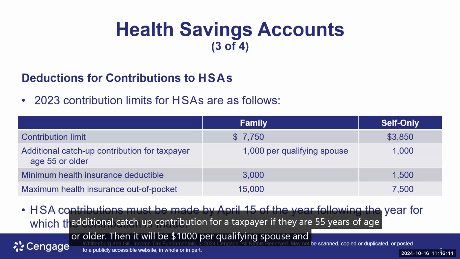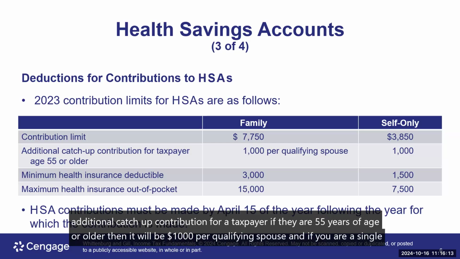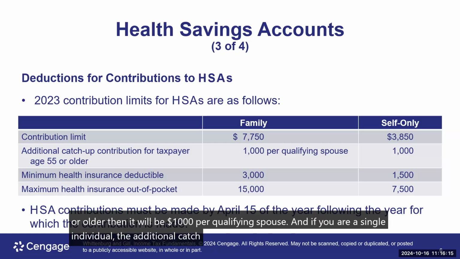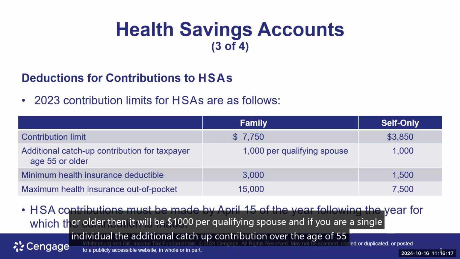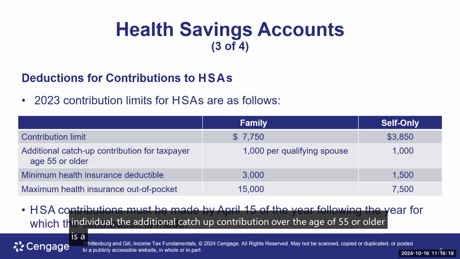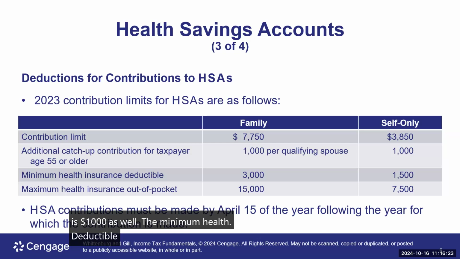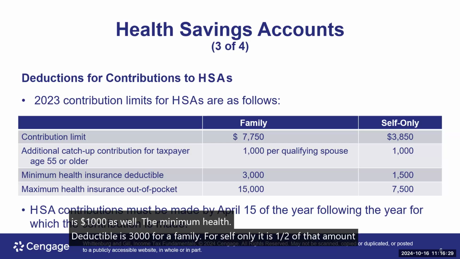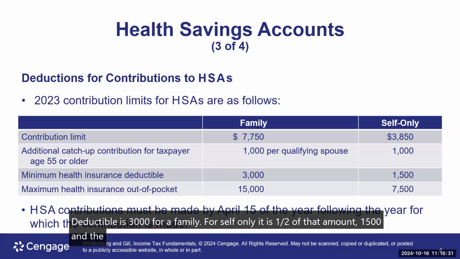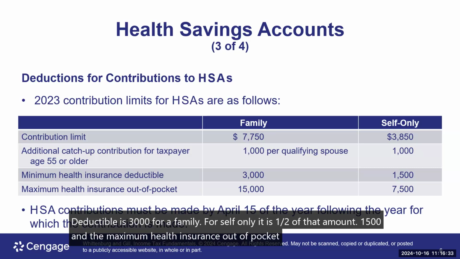And if you are a single individual, the additional catch up contribution at age 55 or older is $1,000 as well. The minimum health insurance deductible is $3,000 for a family. For self only, it is 1/2 of that amount, $1,500. The maximum health insurance out of pocket for a family is $15,000, and for self only, it is 1/2,